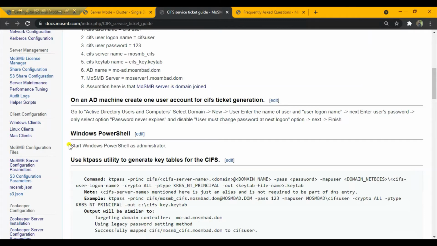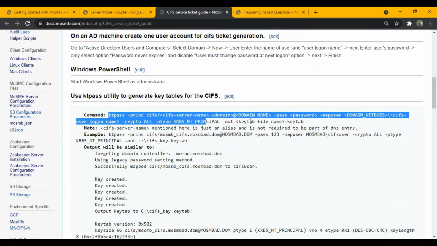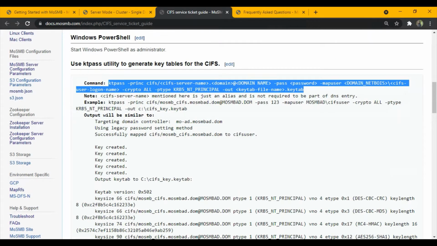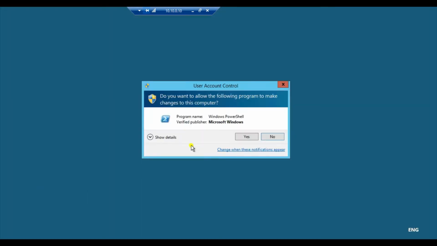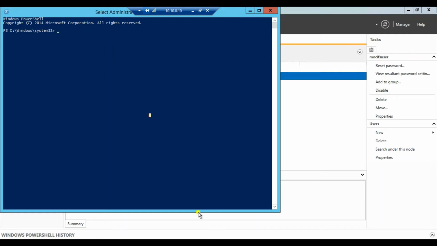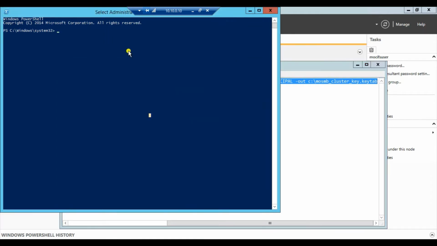Now for the next step, we'll start PowerShell in an administrative prompt, and then we will run the keytab command to create the cluster keytab. Let's start PowerShell with administrative privileges. I need to run the keytab command. In this we provide our cluster name, which is